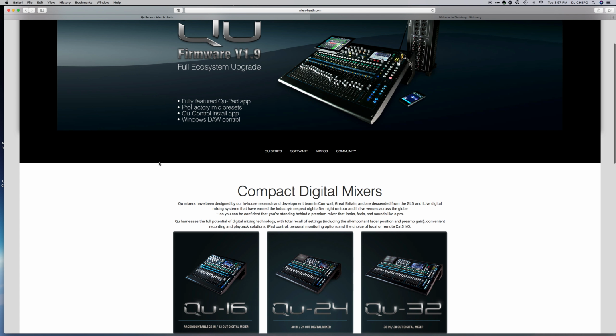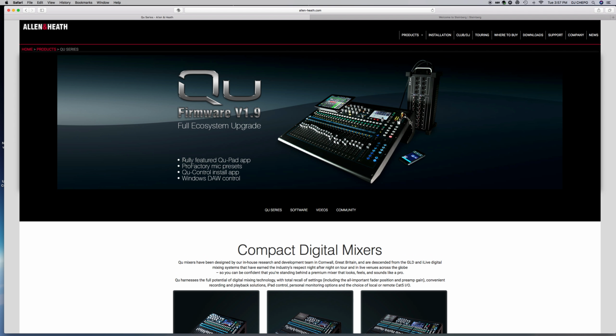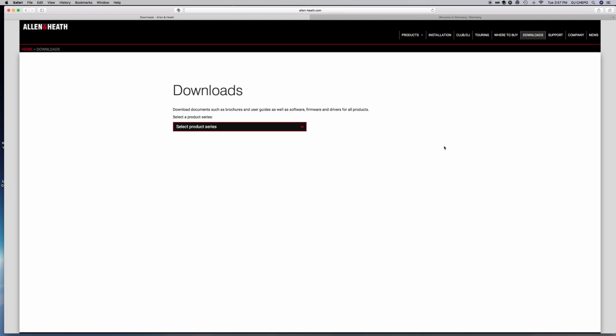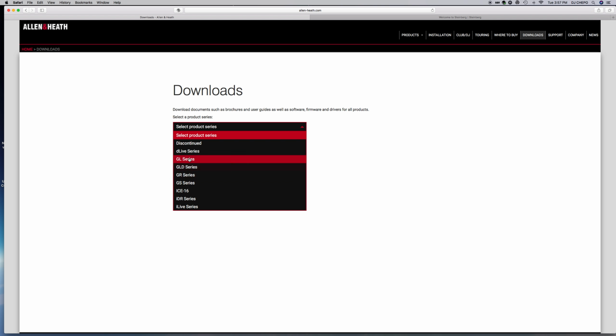From the start, I have to assume that you updated the firmware on your mixer, and that you downloaded the app or the control driver to control the mixer with your computer. So you go to downloads, and of course I already did that, you select your product,